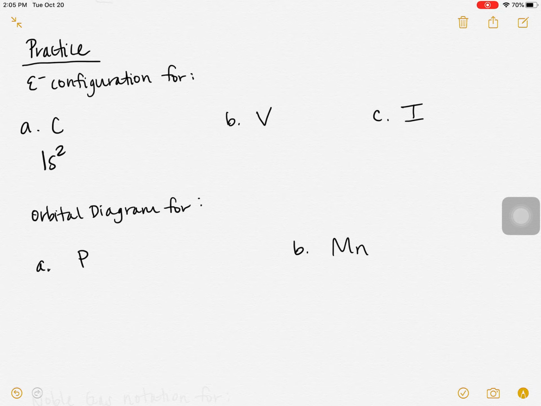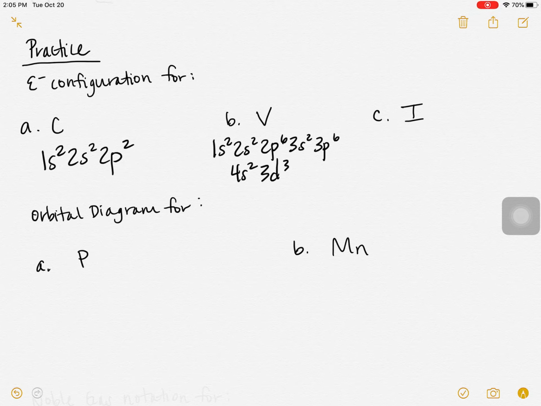So the electron configuration for carbon is 1s2, 2s2, 2p2. For vanadium, this one's a little bit longer. So vanadium is 1s2, 2s2, 2p6, 3s2, 3p6, 4s2, 3d3. And then iodine, which is tremendously long, is 1s2, 2s2, 2p6, 3s2, 3p6,